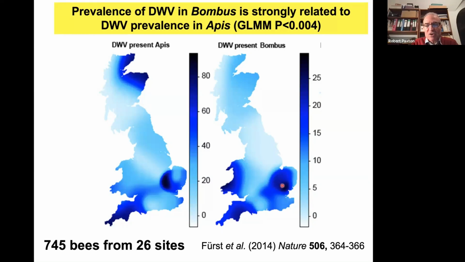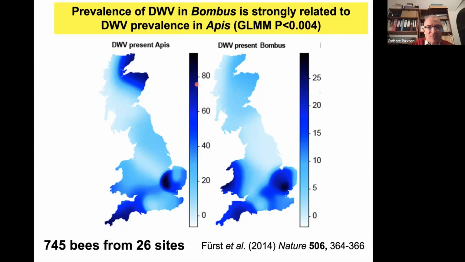In the same locations where there was a lot of virus in, or many of the honeybees were infected with deformed wing virus, so were many of the bumblebees in East Anglia in this case, and into Essex, and in Devon and Cornwall. Admittedly, the prevalence is lower, so only up to 25% of the bumblebees were infected,